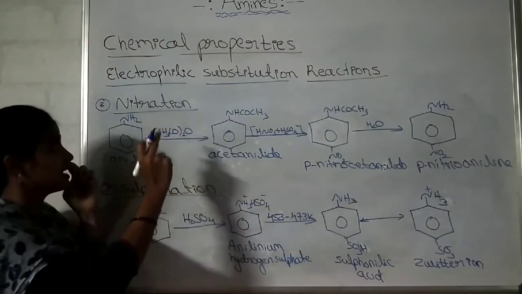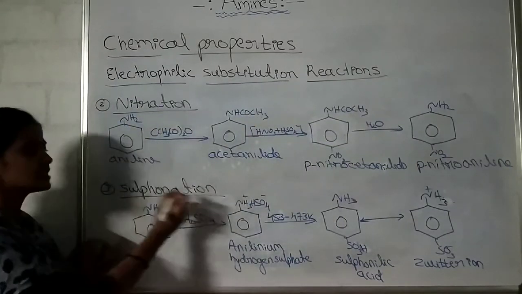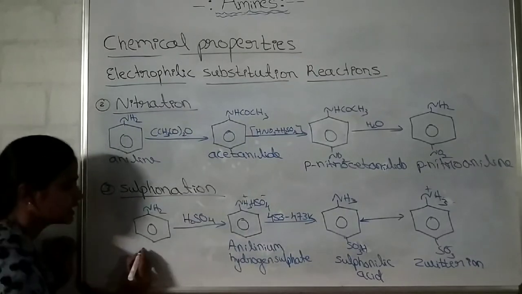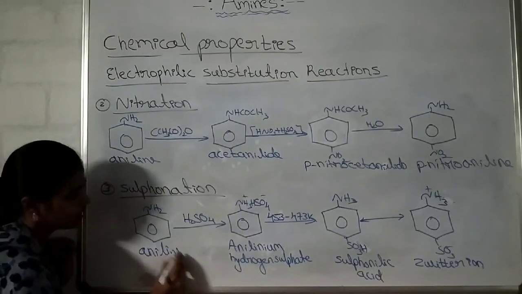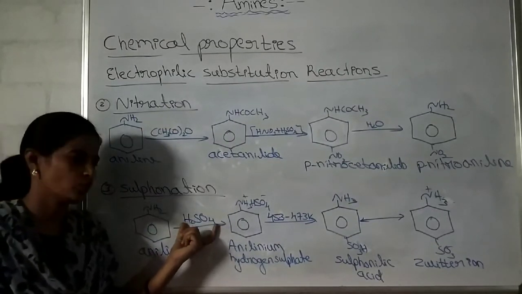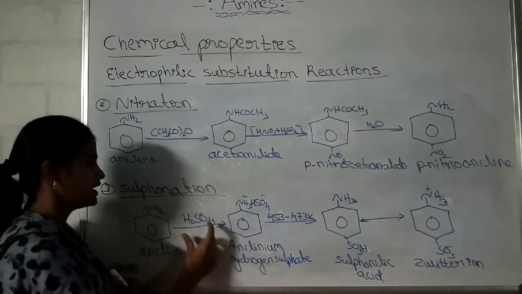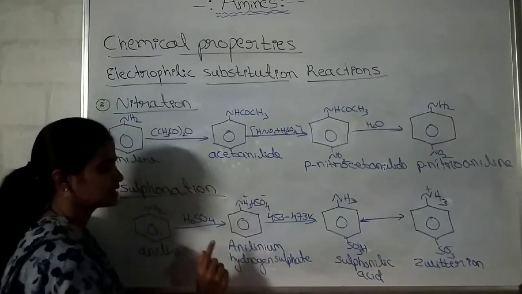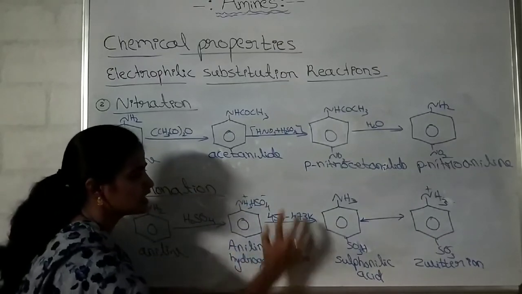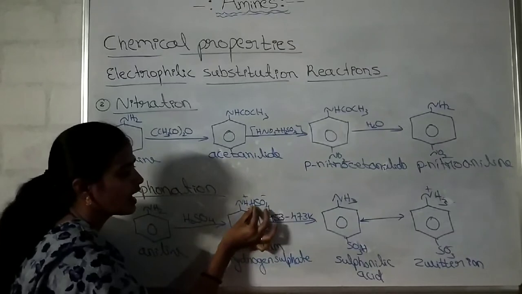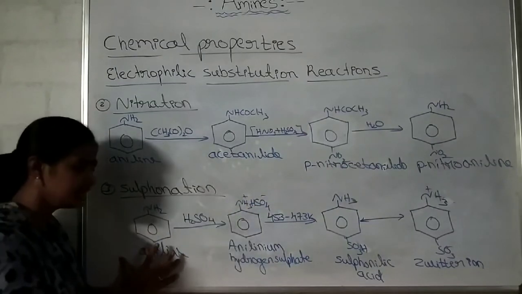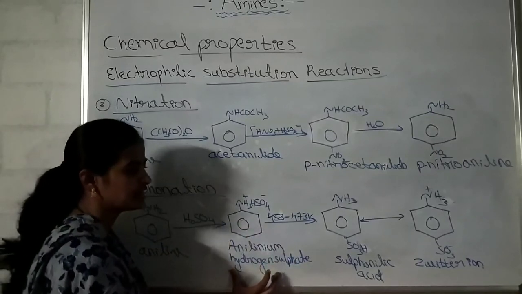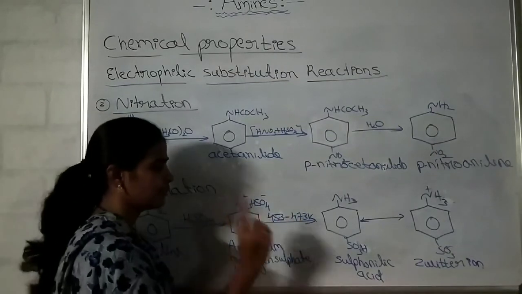Okay, the last example for the electrophilic substitution reaction is sulfonation. Here we need not go for the acetylation reaction. What we should do is directly treat the aniline with H2SO4. Addition of H2SO4 has taken place here, giving NH3 plus HSO4 minus, anilinium hydrogen sulfate. When aniline is treated with H2SO4, anilinium hydrogen sulfate is formed, and when it is heated to the temperature